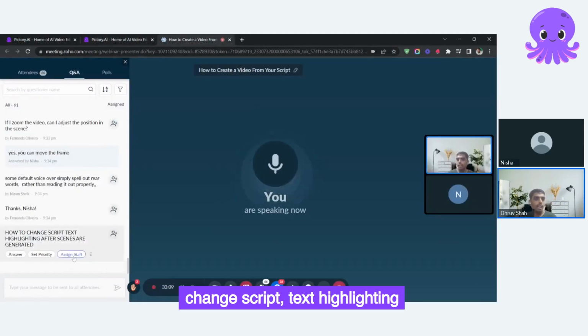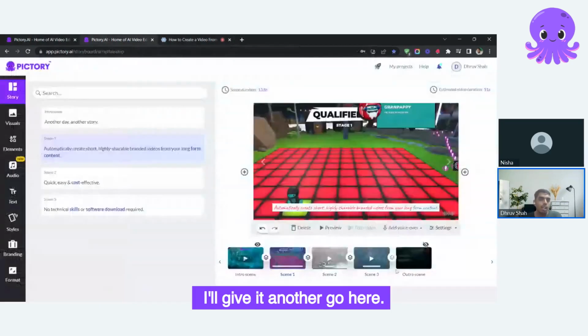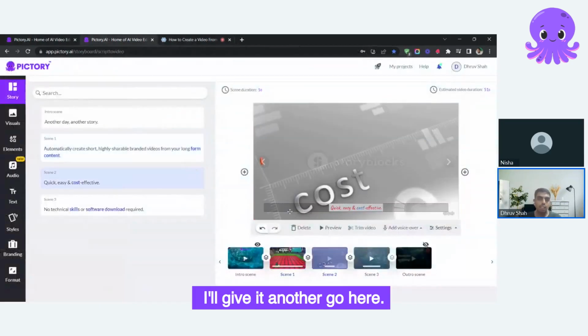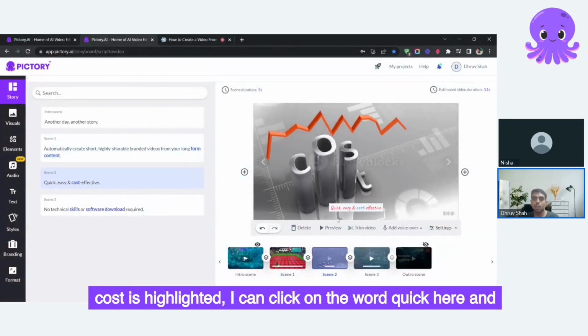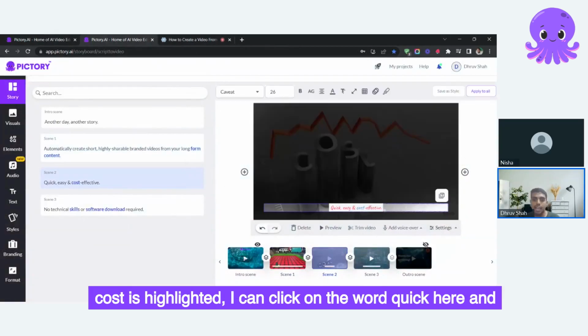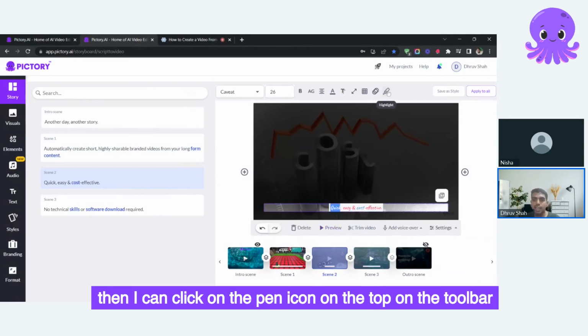How to change script text highlighting after scenes are generated. I'll give it another go here. So I have this text here, and as you can see, the word cost is highlighted. I can click on the word quick here and then I can click on the pen icon on the toolbar and now it's